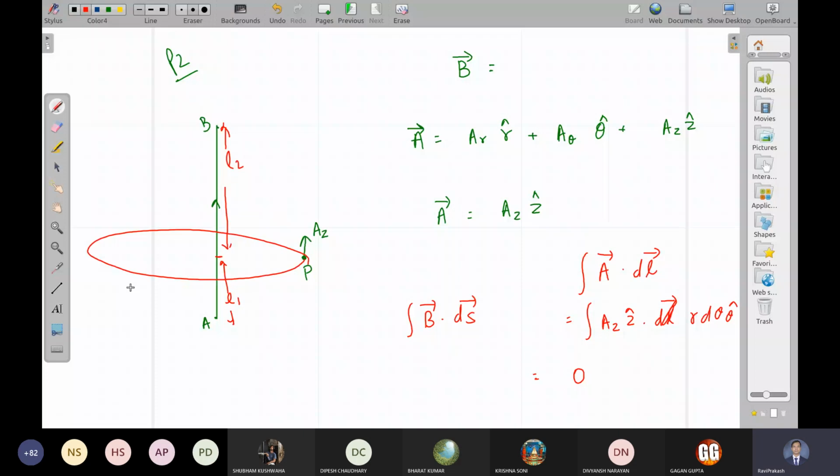Easy नहीं है, right? So first of all, this integral is 0. What is Az? वो आपको अभी भी नहीं मालूम है. Az कुछ भी हो, ये इंटीग्रल हमेशा 0 आएगा, right? So you cannot calculate Az using this form here. So this formula is not going to work for you. ये तो काम नहीं करेगा आपके लिए.